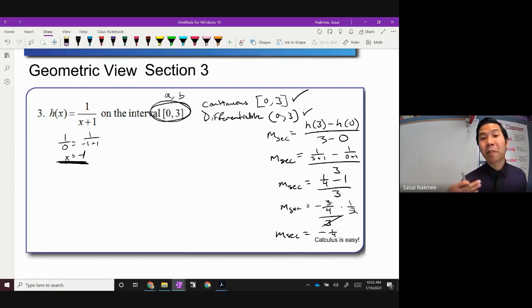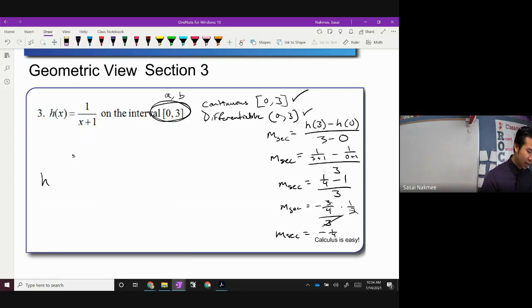That's just saying that there is a derivative in between 0 and 3 that should equal negative 1 over 4. So we've got to do the derivative of this guy. So let's do the derivative real quick. Let's go ahead and erase this out. Let's go ahead and find the derivative here. So h prime of x is going to be equal to,